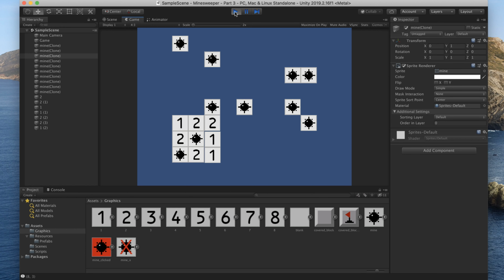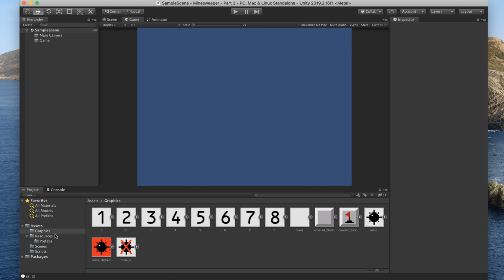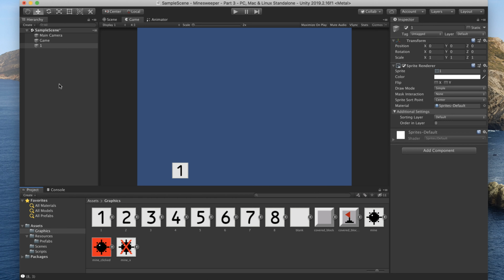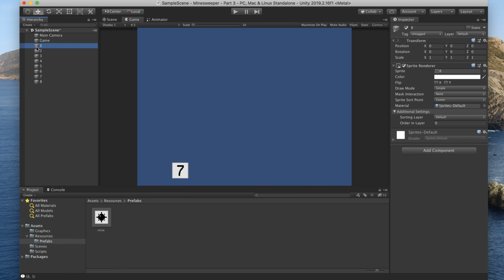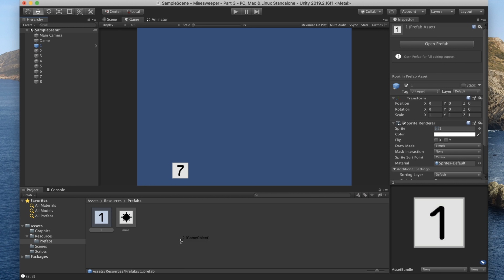So let's go ahead and jump into the code with the ideas that we actually, you know what? Let's create these prefabs first. So let's drag 1, 2, 3, oops, 4, 5, 6, 7, and 8. And we'll go into the prefabs folder, and then we'll just do it again. 1, 2, 3, 4, 5, 6,